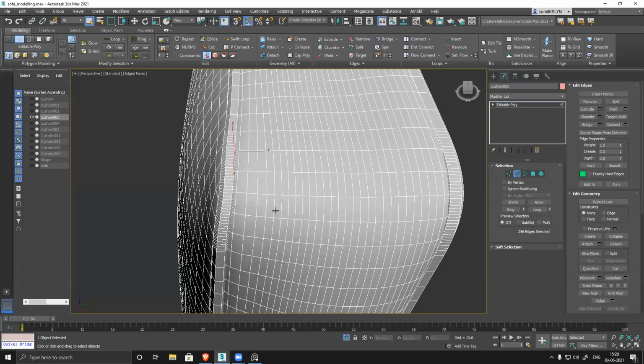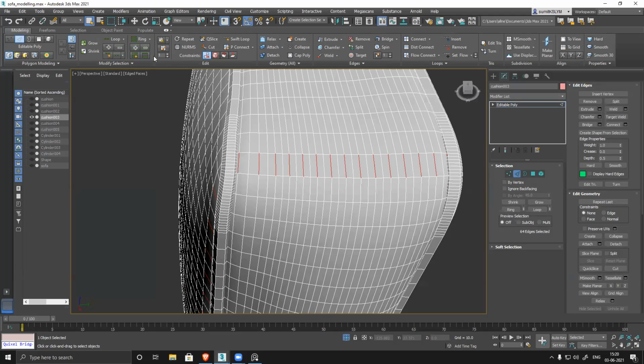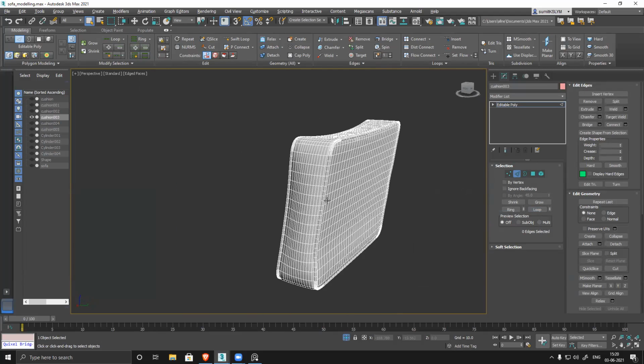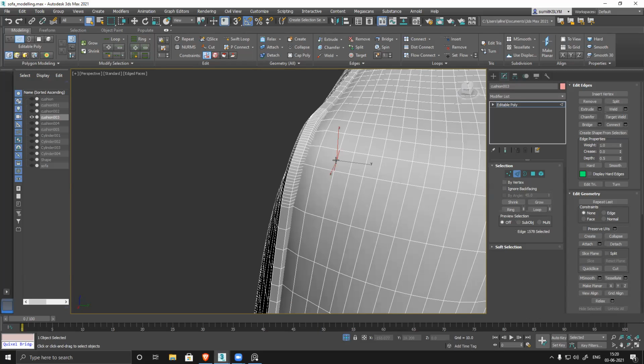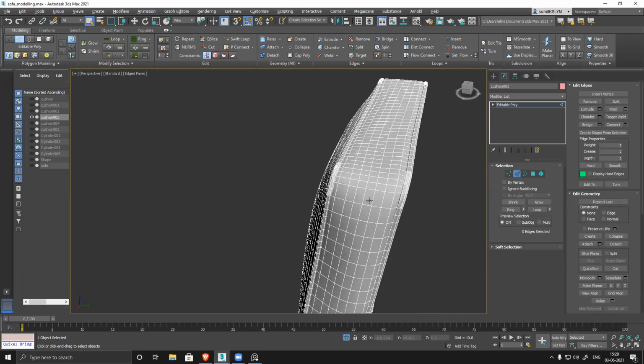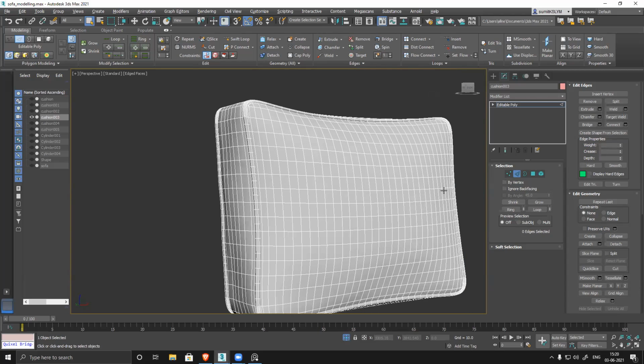suppose we need to modify it manually. So what I'll do, every alternative, I can select one. You can see I have this alternative option here, every alternative loop, and then I can make it ring, sorry, loop and delete it. So like this, I can optimize my model really nicely. If required, I can delete one more loop. See, it will still look the same. So we can definitely optimize it.